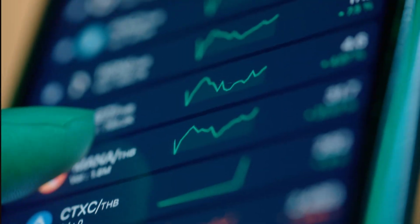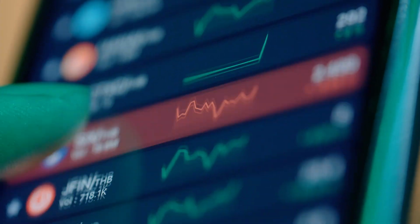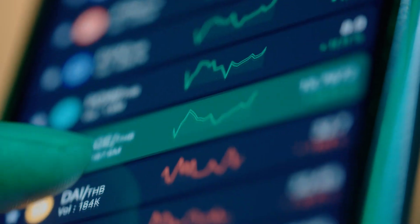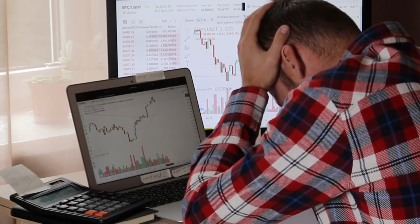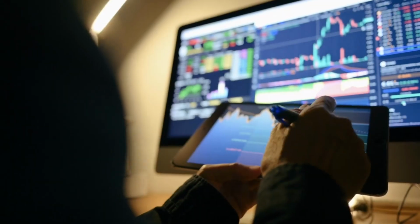And finally, when transitioning to real trading, start small and focus on consistency rather than speed. One of the most common mistakes is approaching trading without preparation or expecting immediate results. Trading is a skill,